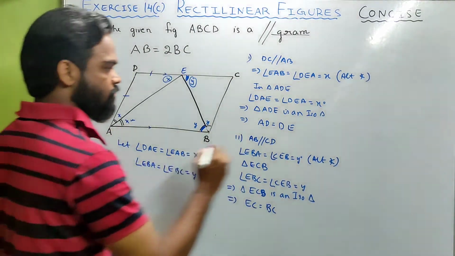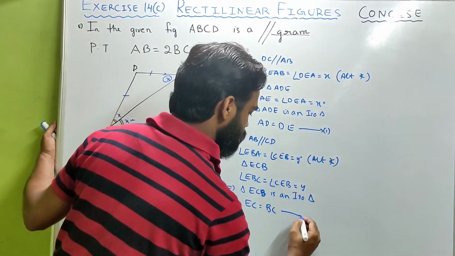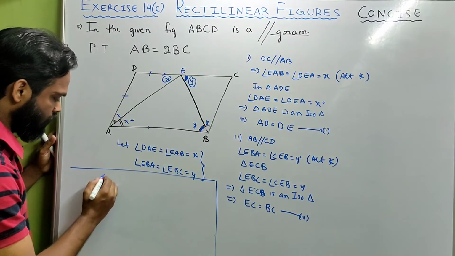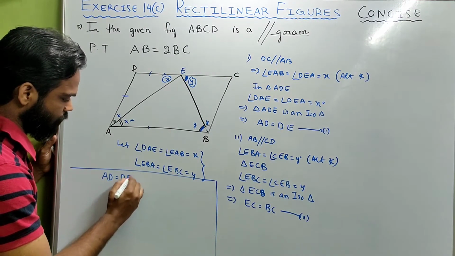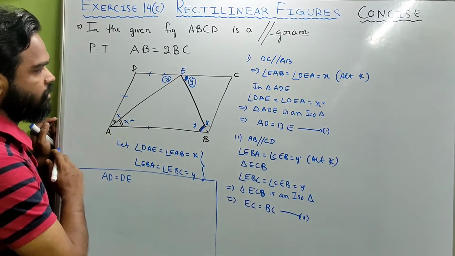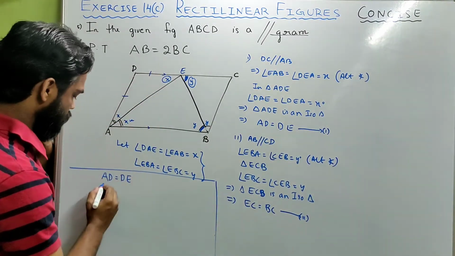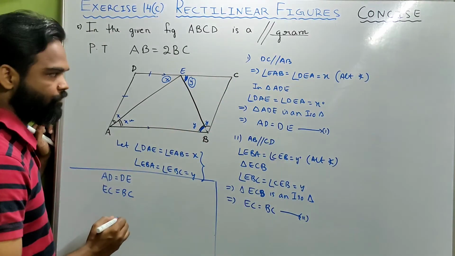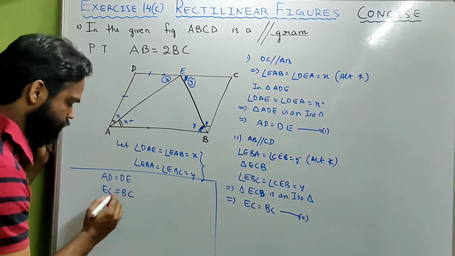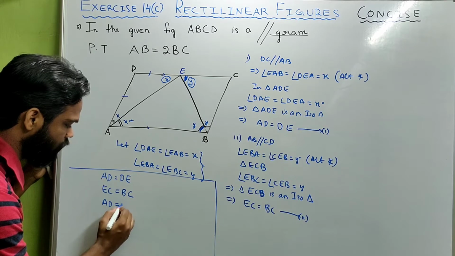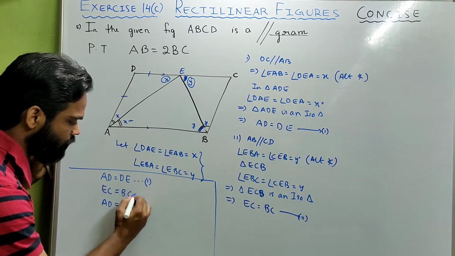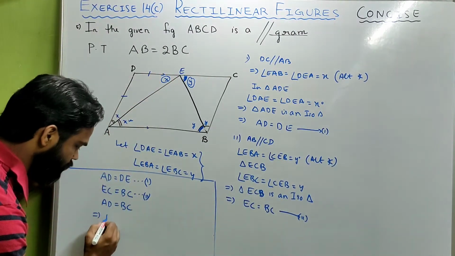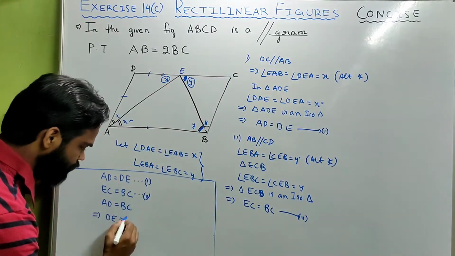Am I clear or not? Just look, this is 1 and this is 2. So look what we got: AD equals DE, and we got EC equals BC. Now AD and BC are equal. AD is equal to BC, we know this. This was 1 and this was 2. So from 1 and 2 we can get that DE is equal to EC, which means E